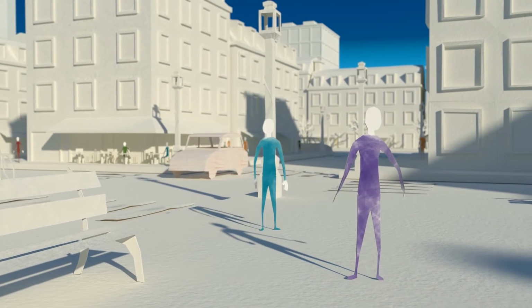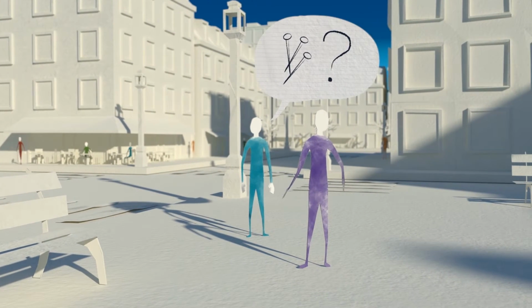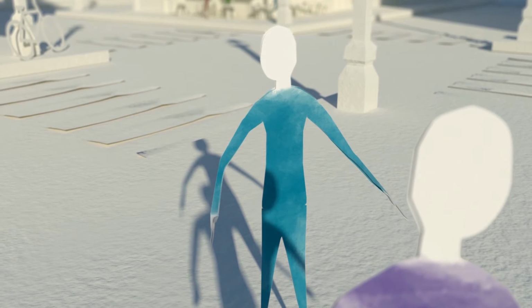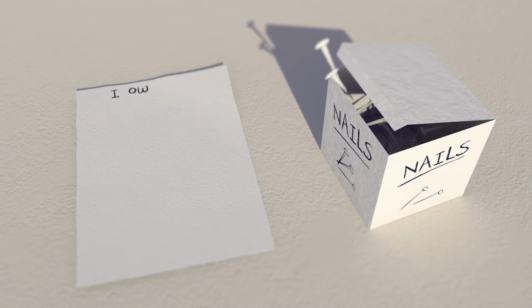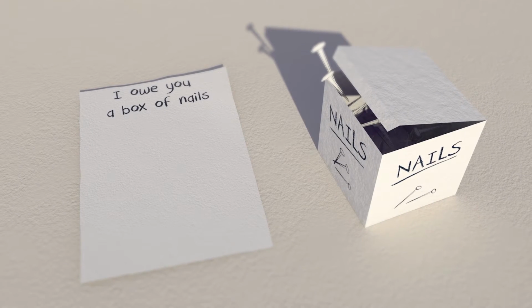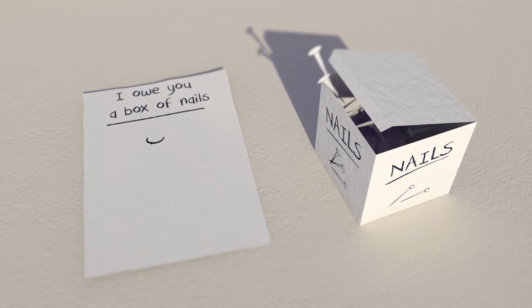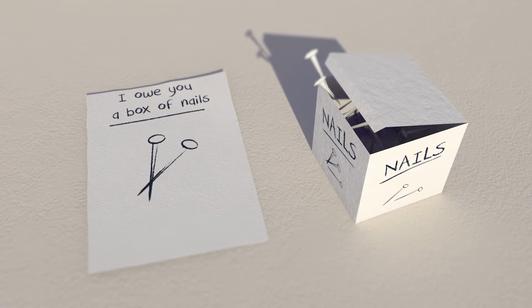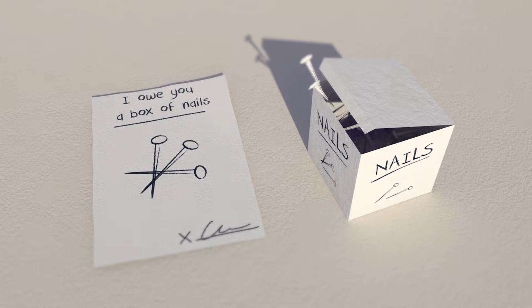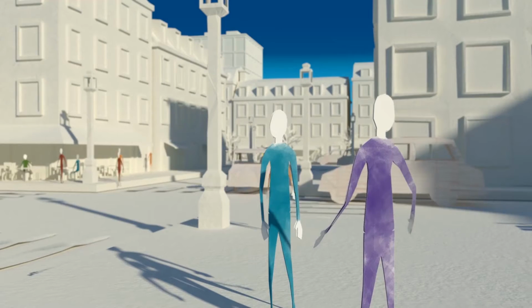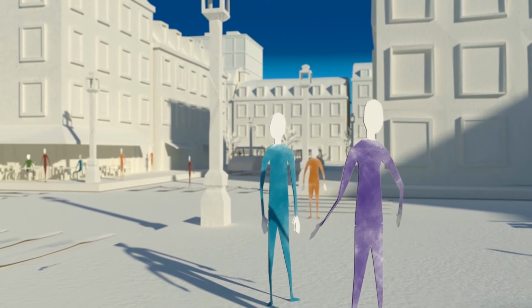Suppose you wanted to buy, let's say, a box of nails. But you have nothing to pay for it. You can write on a piece of paper a promise to return a box of nails to any person in possession of this paper. It's a debt for you. And this piece of paper gives the right to claim this debt. In some way, you have just created your own money.